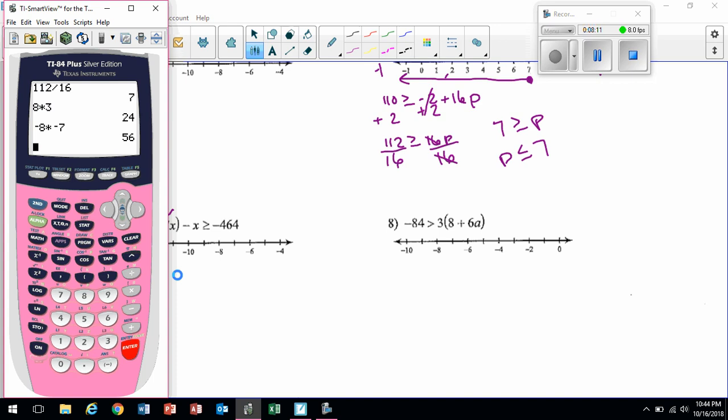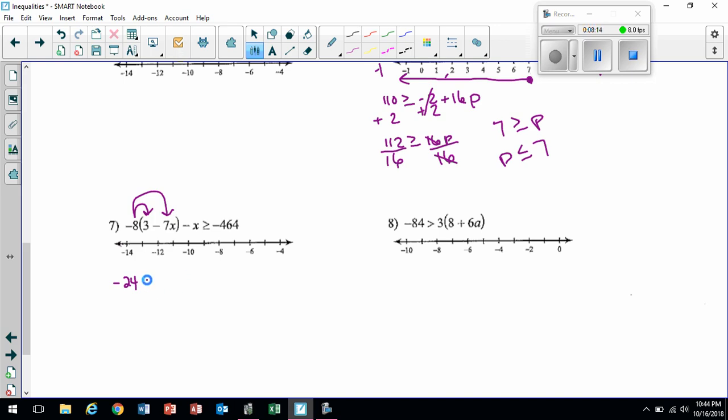What does that give me? It gives me a positive 56 plus 56x. Don't forget your x. Minus x is greater than or equal to 464. Okay, I told you I wasn't going to do this one, but I think I am. So